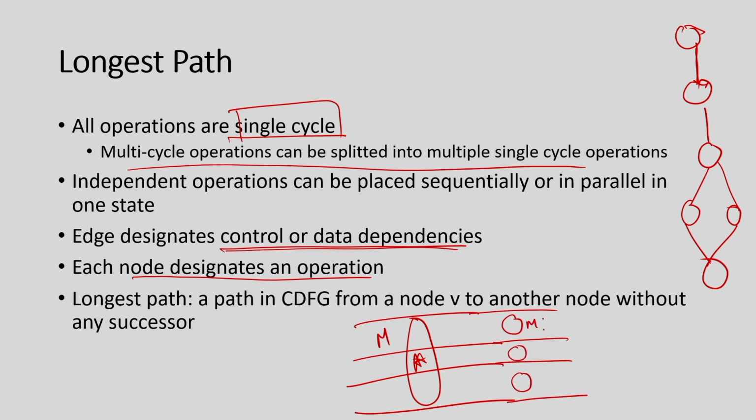So, M1, M2 and M3, and there will not be any other edge in between. So, if two inputs are coming here, and it is going to two other outputs, it will go like this. So, I can represent this multiplier using three small single-cycle multipliers. So, I can handle a multi-cycle operation by just transforming it into that many single-cycle operations.